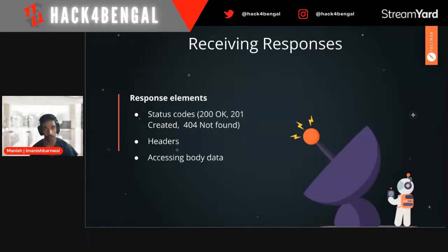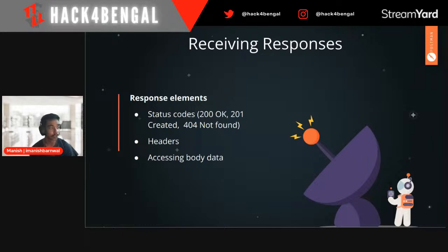Also, this one is the responses. We'll also see this in the hands-on session. So we went over how to set up an API request and send it via Postman. When you send an API call, you will receive a response, right? This includes status codes. What are they? 200, 201, 400, and 404. 404 is for not found, which you usually get. 201 you may not have gotten before, but you will get it when we do the hands-on session.